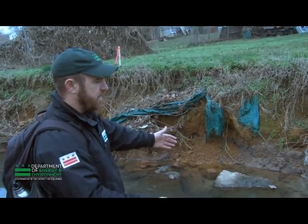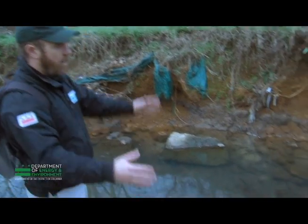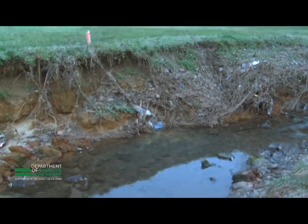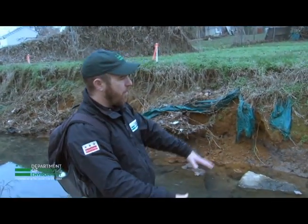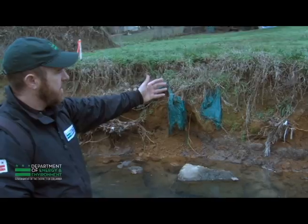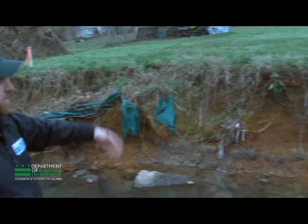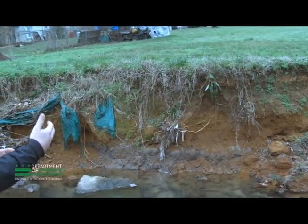Since it hasn't rained recently, you can see it's a rather small stream. But when it rains, all that water from the streets, the highways, the rooftops comes into this stream channel. And so it's like a big fire hose of stormwater coming in here, and that water level rises up. And as you can see, the stream bank to my left, the stream itself starts eating away the stream bank, and it starts putting this soil into the stream,